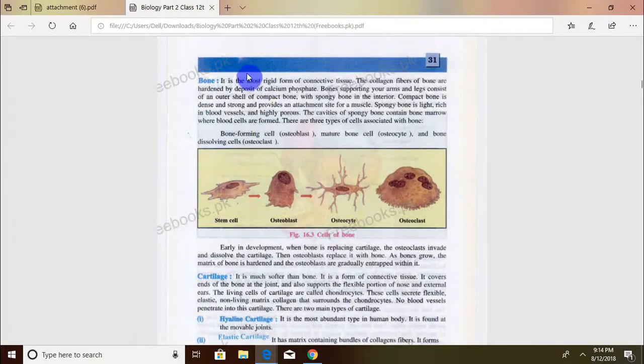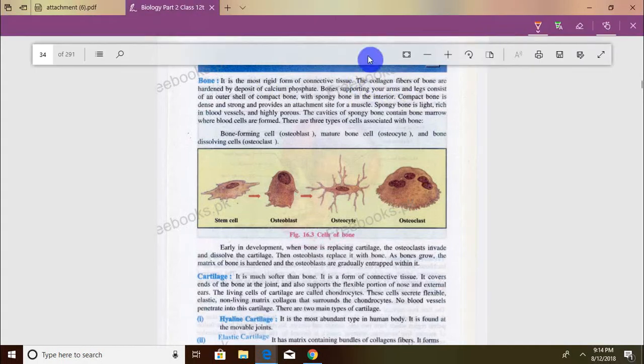So over here, bone is the most rigid form of connective tissue, and here the collagen fibers of bone are basically hardened by calcium phosphate, and there is an outer shell of compact bone, and spongy bone interior. Compact is dense and strong, an attachment site; spongy is light, rich in blood vessels, and highly porous. And same thing over here, however they have given the shape. This is what a stem cell looks like. This is how an osteoblast looks like. The one that is the mature bone cell,